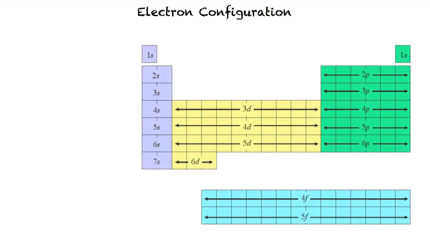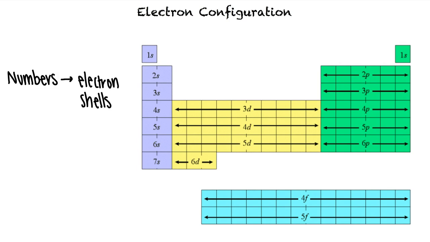orbitals. The periodic table is organized in a way that allows us to conveniently identify the electron configuration of different atoms. The numbers correspond to the electron shells, and different shells can hold different numbers of electrons. For example, shell 1 can hold 2 electrons, shell 2 can hold 8 electrons, and shell 3 can hold 18